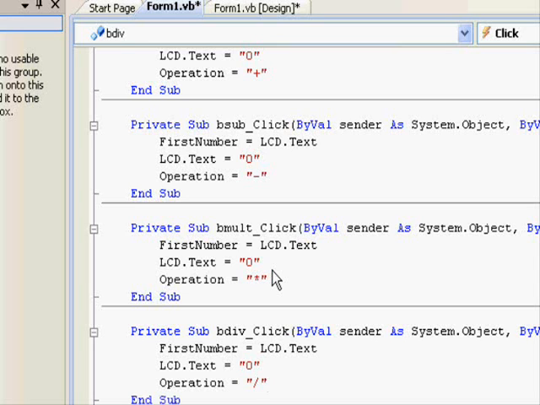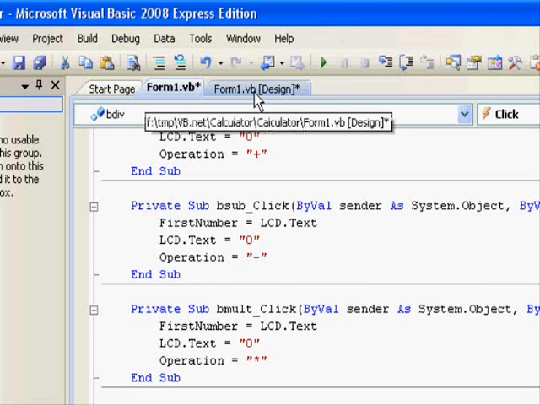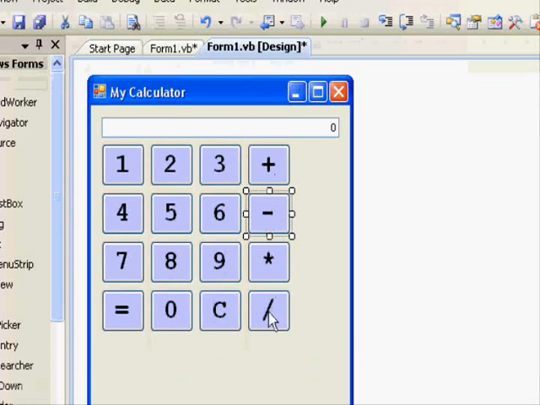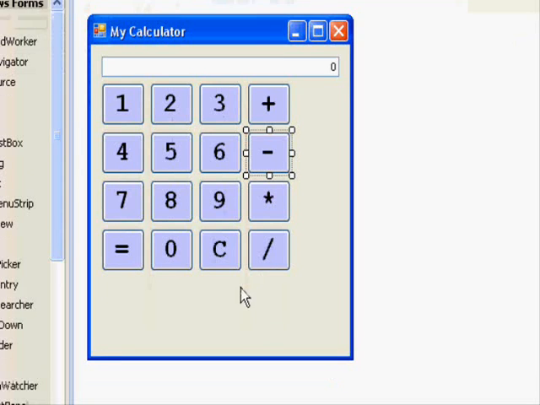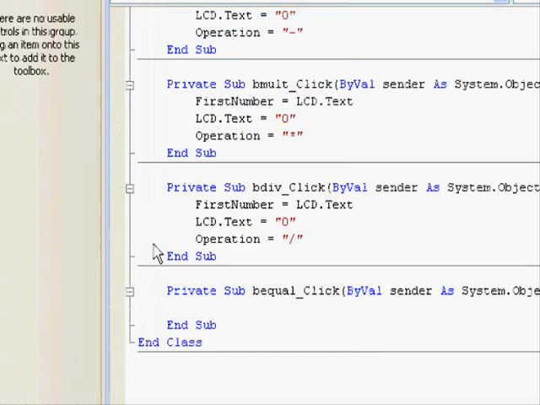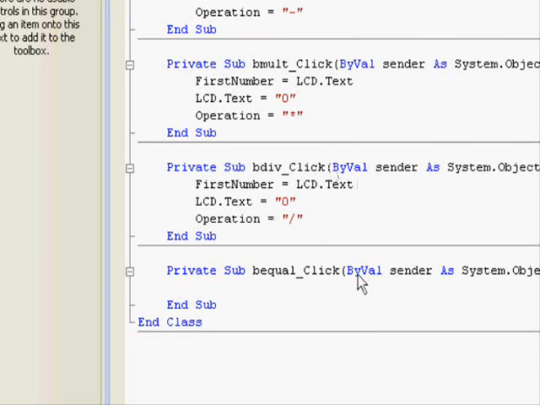so we have just created the code that copies what's on the display into internal memory and also stores the operation. We have one last thing to do, which is to perform the calculation when we press the equal sign. So double click the equal sign so that we can write the handler for that, and it's very easy actually. We will write it like this. Now first we'll get the number from the display. We can use the number right away, but